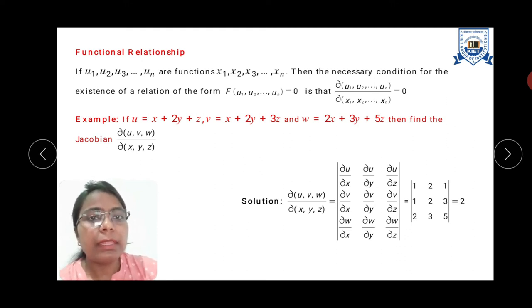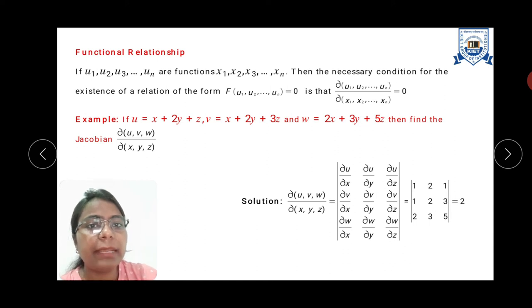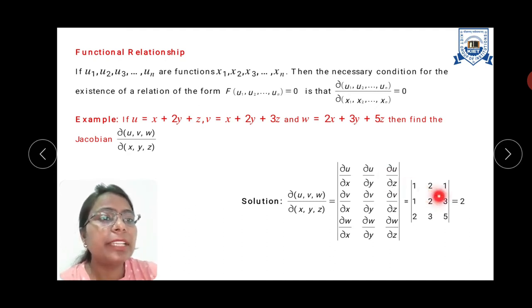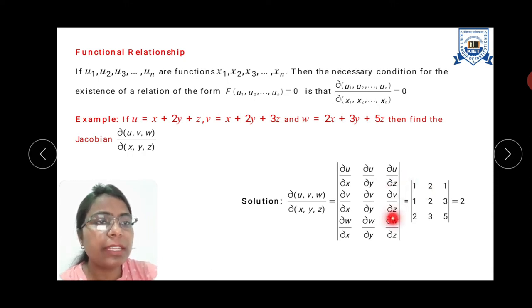In a similar way, if we calculate the value of del u by del y, its value is equal to 2. And del u by del z is equal to 1. If we differentiate v partially with respect to x, treating y as a constant, del v by del x is equal to 1 plus 0 plus 0, so its value is 1. And del v by del y is 0 plus 2 plus 0, it means 2. In a similar way, del v by del z is equal to 3,